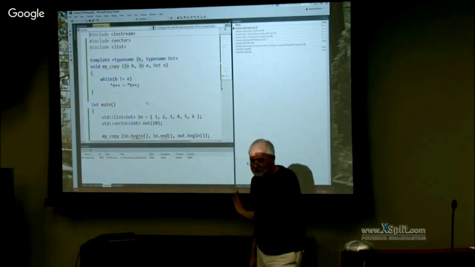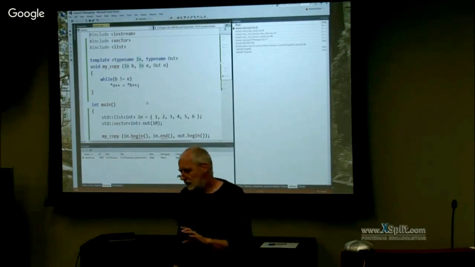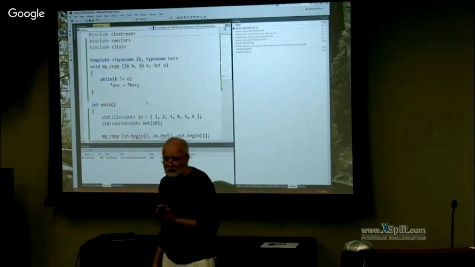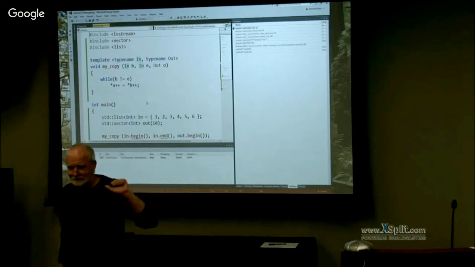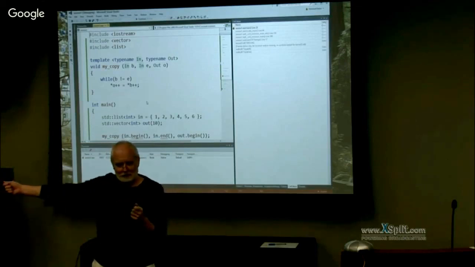Does that make sense? Yeah. So that's template functions, and that is a big piece of what we use in HPX. Async, which we know and love, is nothing else than a template function where all arguments are templates, all of them.